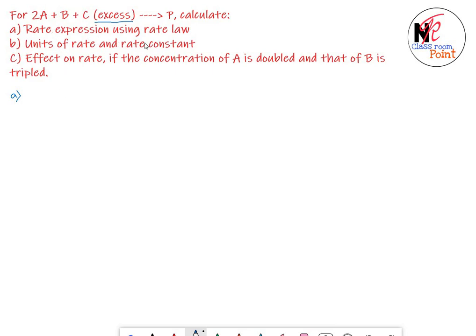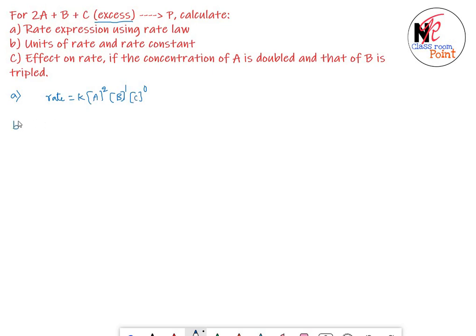So now let's try to write down the rate expression for the given equation. So rate is equal to some constant K into concentration of A power 2 into concentration of B power 1 into concentration of C power 0. Because here 2A are there, 1B is there, C0 is there. They are considering this is the rate of reaction, meaning the slowest step of the reaction. So that is the reason here we have written rate equals K into these things.